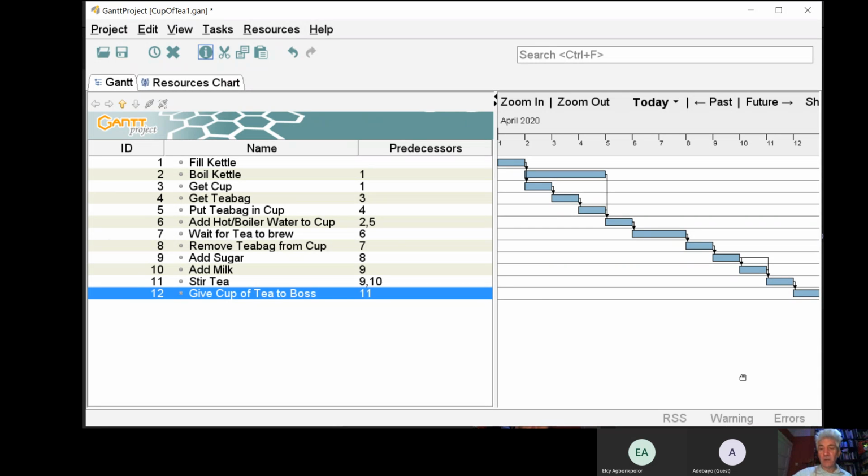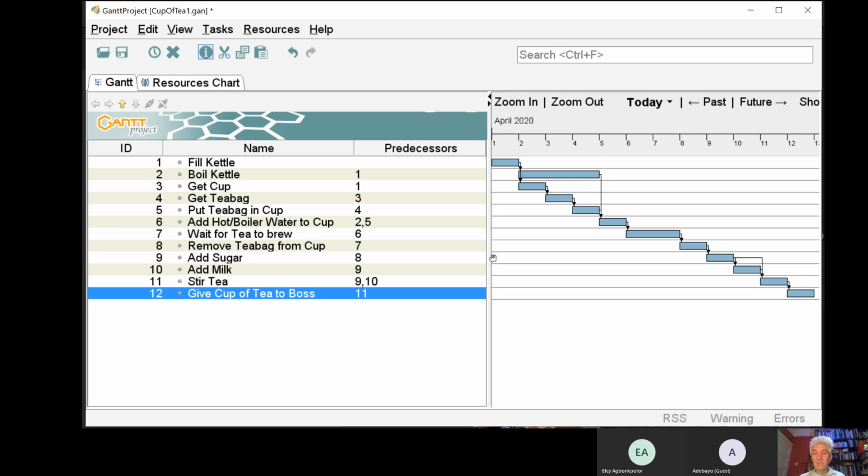Right, okay. So what we're seeing here is a viable project plan for making a cup of tea for our boss, planned using activity-based planning. So you can see that we developed our list of all the tasks that needed doing. We estimated how long each task would take, and then we worked out what the predecessors are using information both